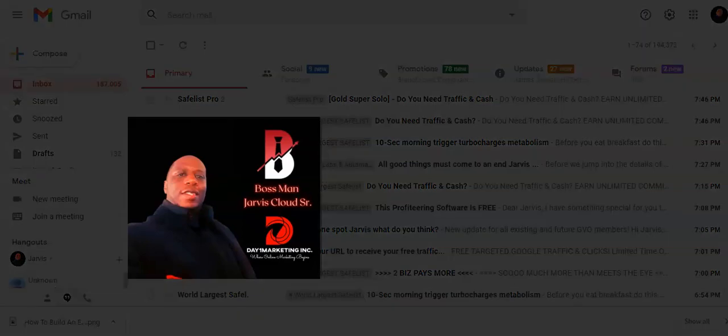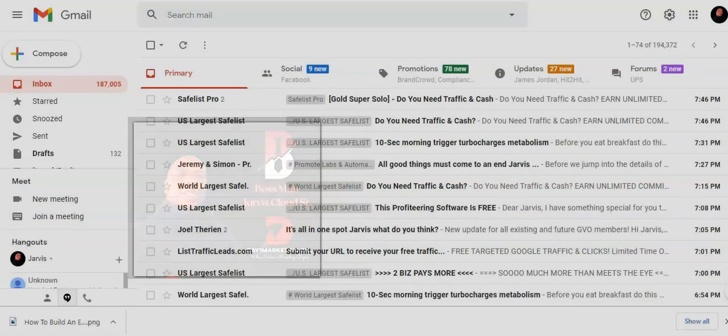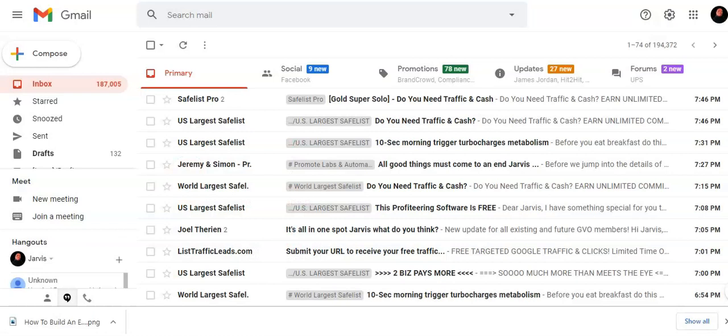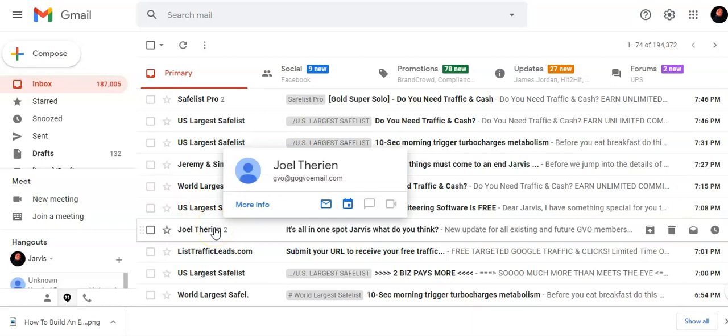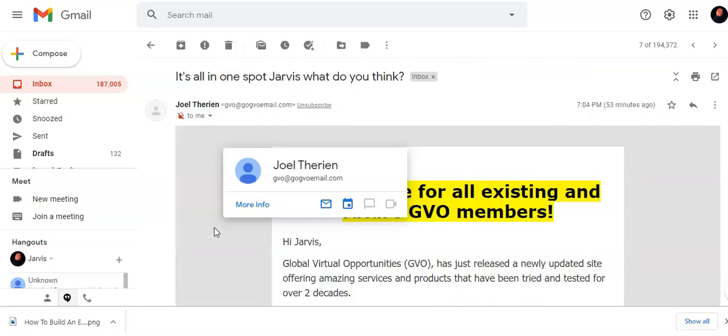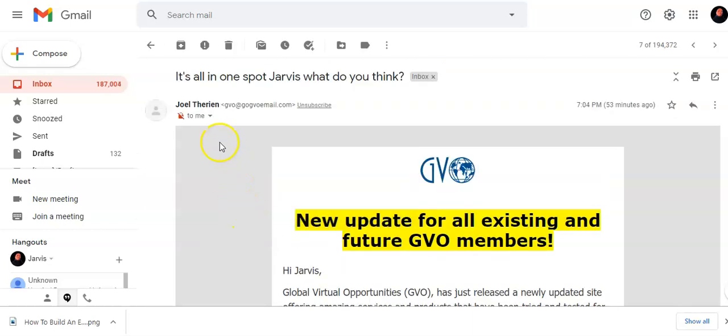This is a short, quick tutorial on how you whitelist an email in Gmail. Okay, so you just simply go, say you get an email. I'm gonna just do like this Joel Theron here. All right, so when you get an email, you click on that email and you simply, once you get the